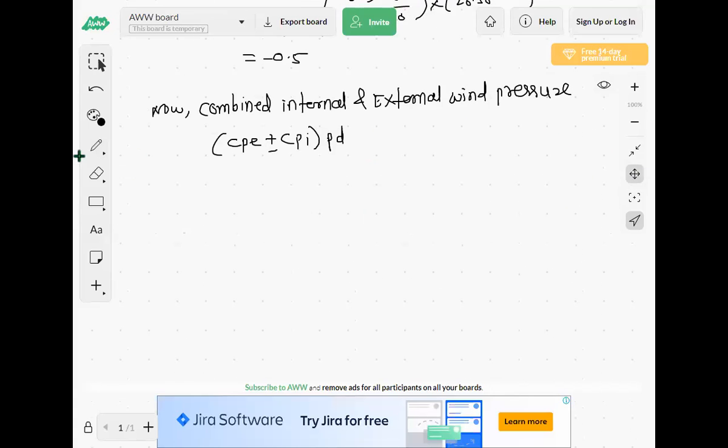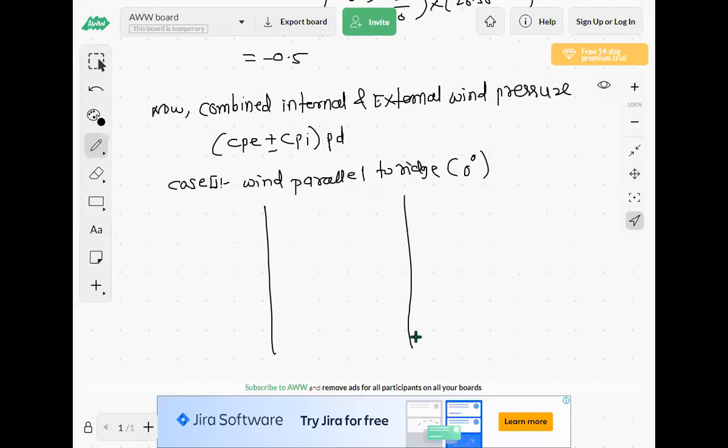So again we have to make table. So here case 2 is there. It means wind parallel to ridge. Wind parallel to ridge. Then now here windward pressure and leeward pressure we have to calculate. Then A is internal pressure is plus 0.2 P, and B internal pressure